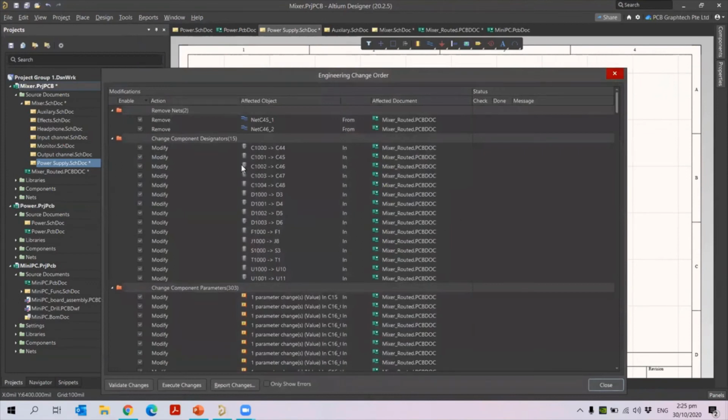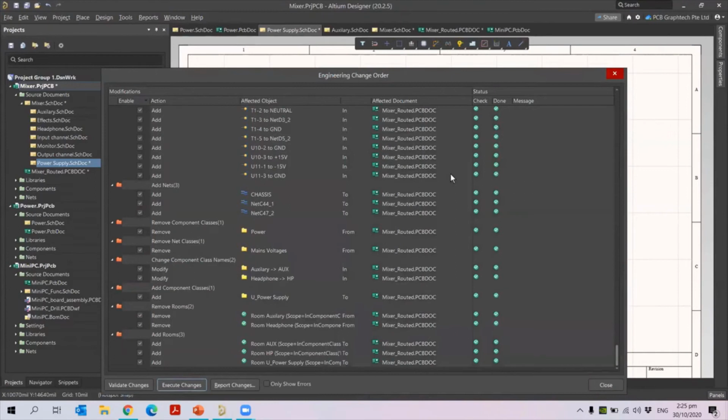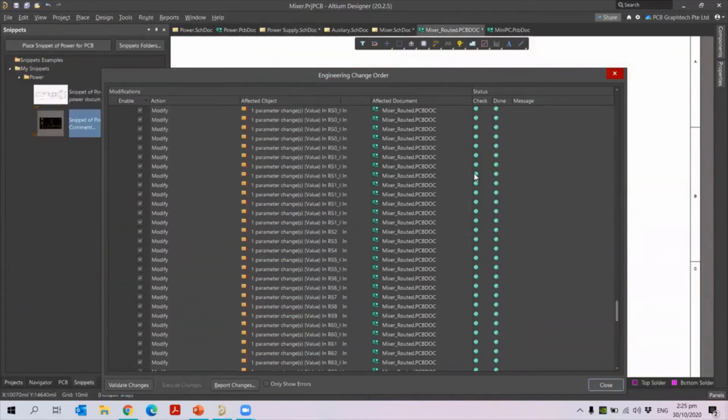So once you see here, you can see the change component designators. So you will see C1000 change to C44. So only the designator change will be going to the PCB. Okay, so once it is done in my mixer router in PCB document, I need to do the validate changes, then execute changes. Okay, so if you do this, you will see the corresponding changes happen for the component